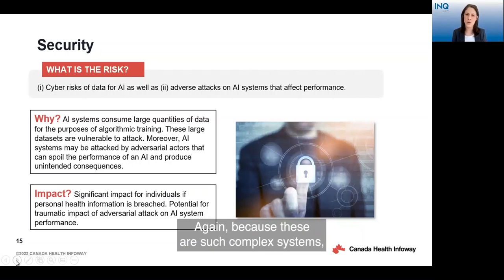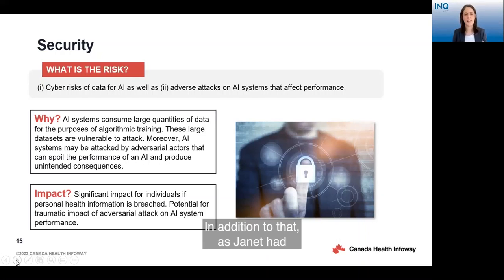Again, because these are such complex systems, it may be difficult for the end user to understand that there has been a type of attack and to know what to do to try to mitigate that harm. So the security components, again, we're going to find this is not just an important consideration in your risk matrix. So thinking very practically, how do I start implementing? How do I start planning for ideas and execution of various AI systems? But it also helps you think about who needs to be around the table as we plan out some of these strategies. Your security team is going to need to be there.